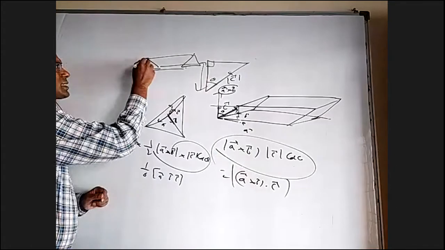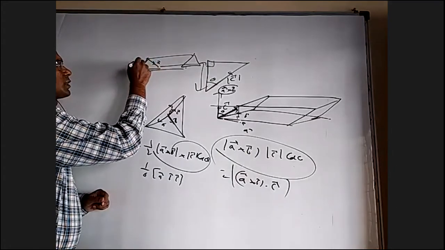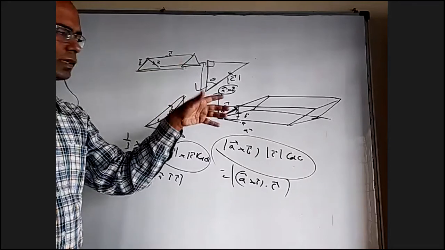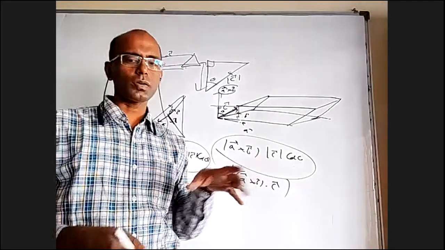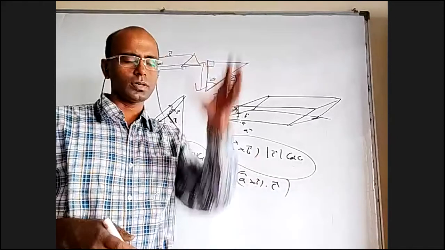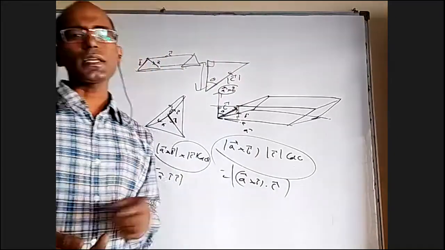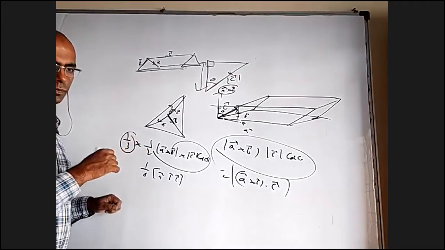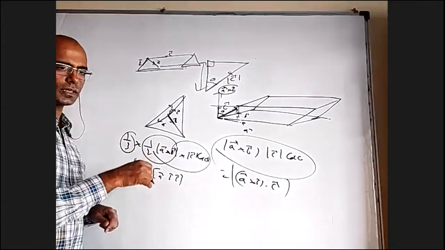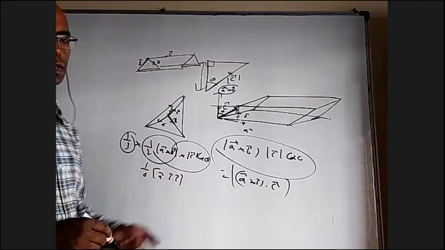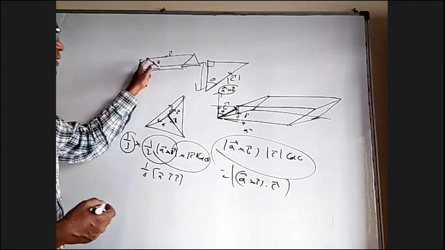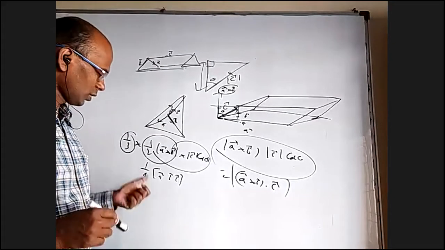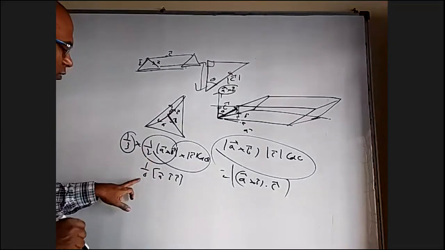So if somebody says this is A bar and this is B bar and this is C bar, because it's a prism and if you keep it vertical, it is like this only, but the base is not a parallelogram. The base is a triangle and it's vertical, or maybe it can be slant. The formula is base area into height only. So this 1/3 will not come there, but the half will come because the base is a triangle. So we'll get half box ABC. So for a triangular prism with this A bar, this B bar, this C bar, the volume is half box ABC, because the 1/3 will be missing.